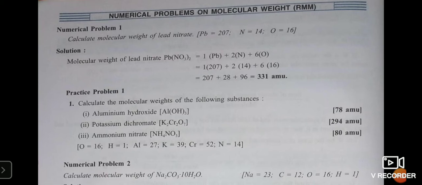So in this particular lecture, we are going to practice some application based questions. In the next lecture, again I'll take some application based questions for practice, like some balancing of equations and some questions related to finding the molecular weight of a compound, and then we'll proceed with the theoretical questions.